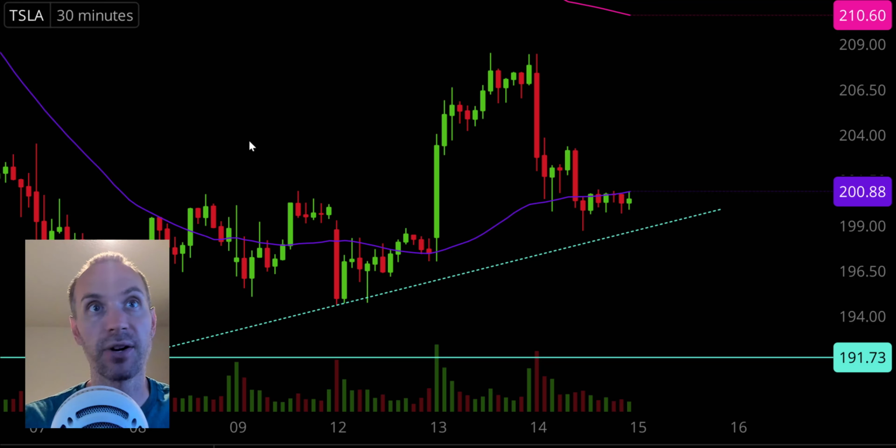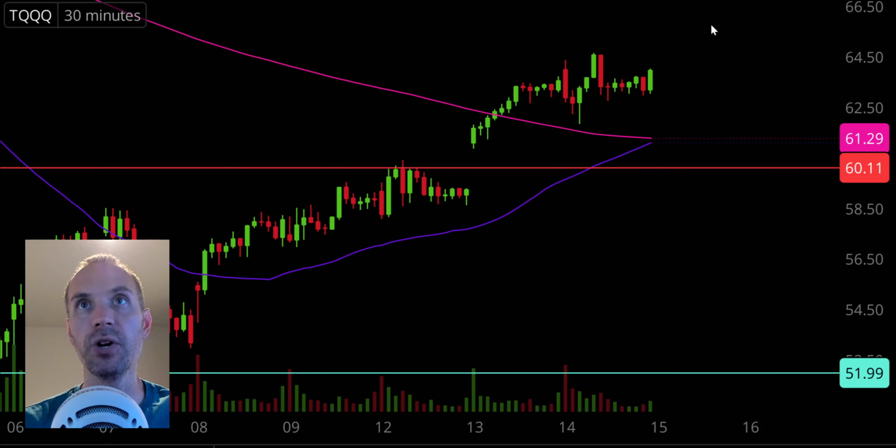But as of right now, as I speak, good solid afternoon. The price is recovering upwards. Can it recover enough to get up there and do battle with 518 on Thursday? We'll see what happens. Next one, TQQQ, and overall, yeah, that gave up its gains a little bit today, but